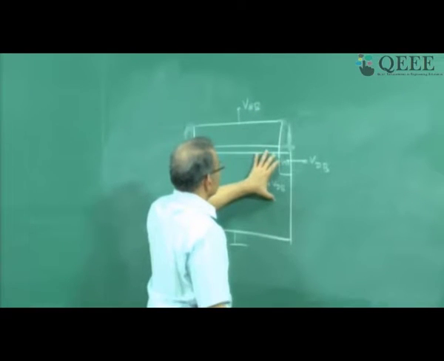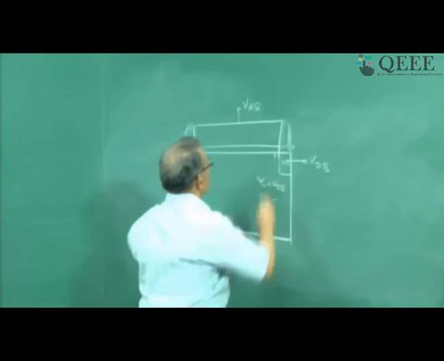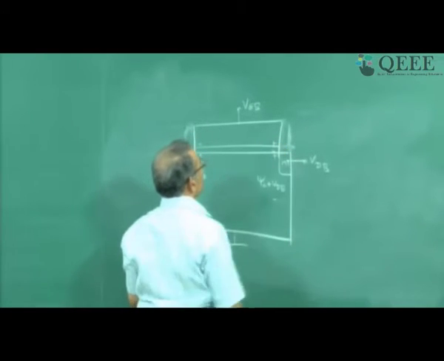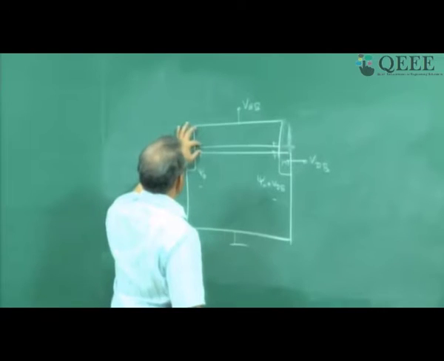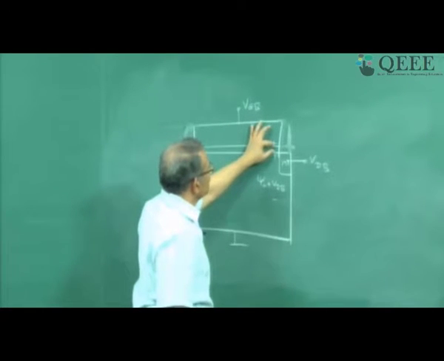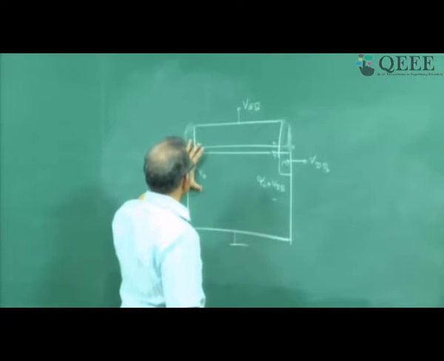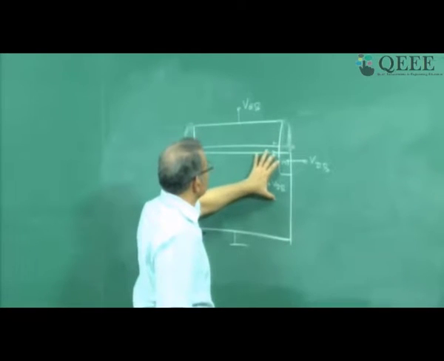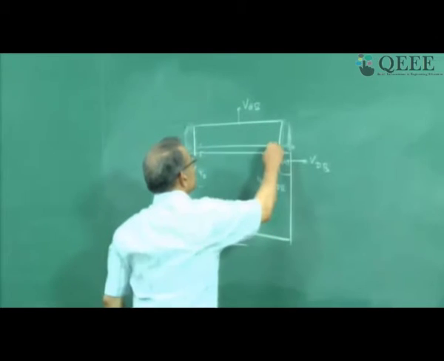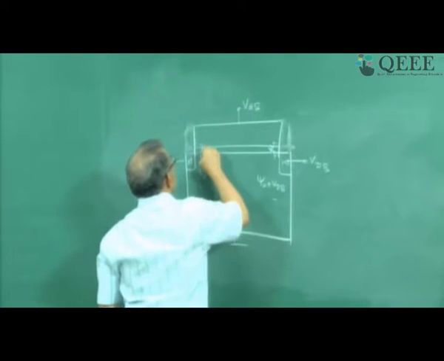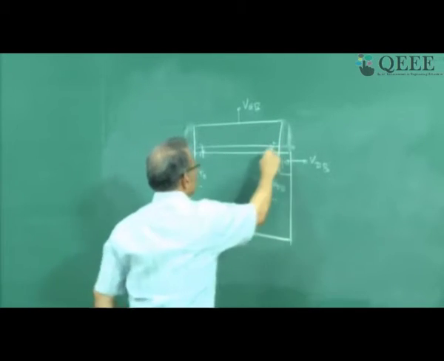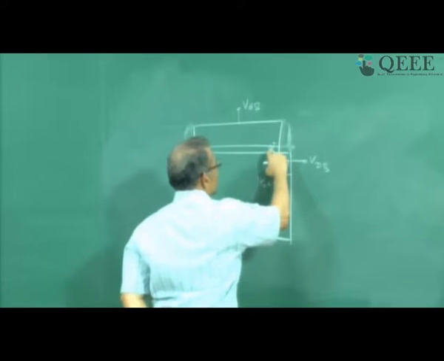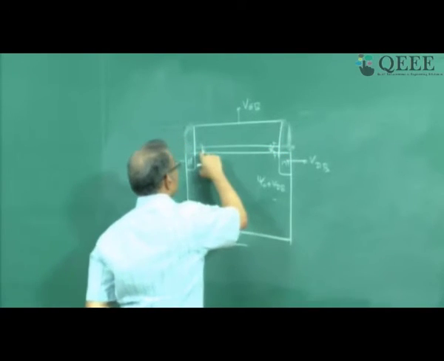This part of the voltage has increased, so this part of the voltage has reduced. So if I compare this voltage here and this voltage, this will be less than this voltage because the total voltage is the same, equal to VGB. This part of the voltage is more, so this is reduced. So this field will be less than the field here, and if this field is less, then the amount of charge here also will be less as compared to this end.